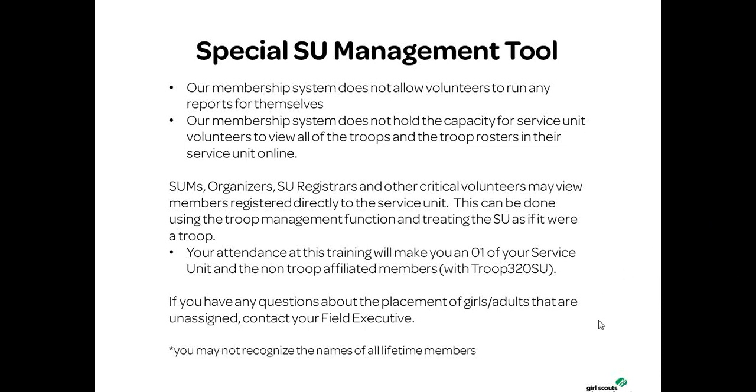And if you have anybody who's showing up in your rosters, a suggestion, I'm not sure if it was today or last night, was to reach out to those girls. Maybe they're attending a private school in a different service unit, and we need to get them over. I know we have some service units who have, just because of their zip codes, school girls attend in many different towns, but we usually wind up in the zip code for the service unit. So just keep a watchful eye and contact your field executive if you have questions about girls who you think might not be on your roster or they should not be there.